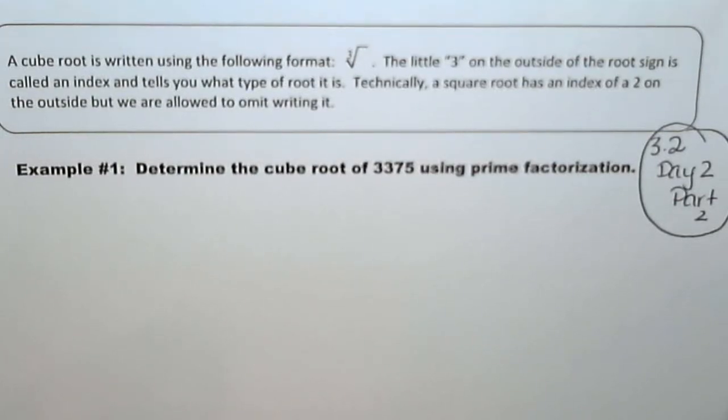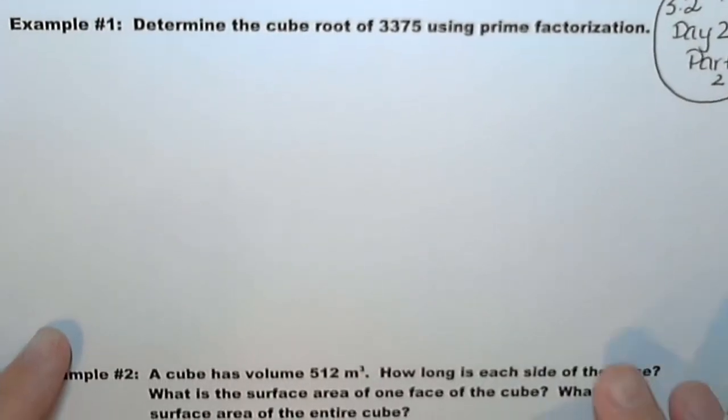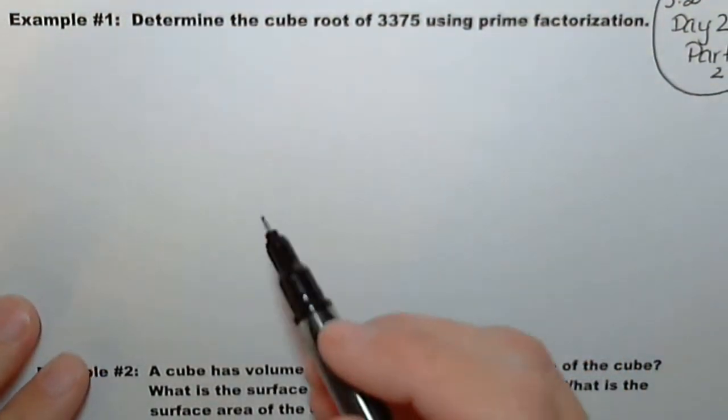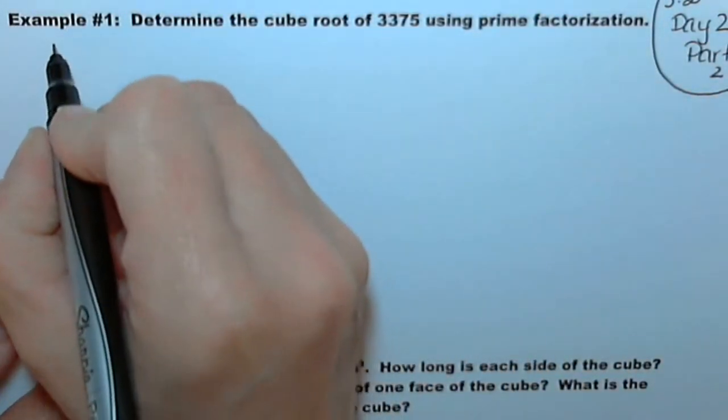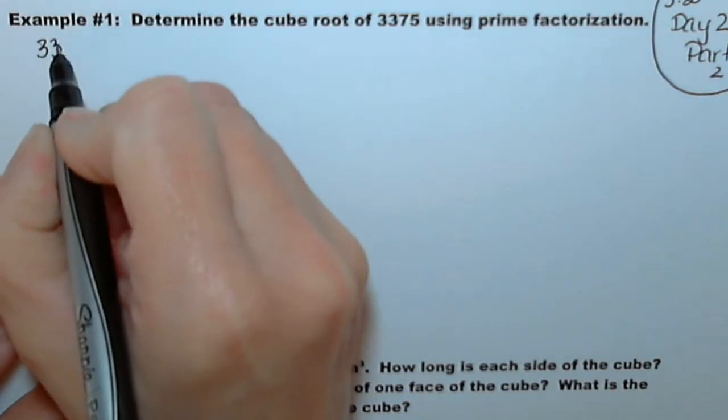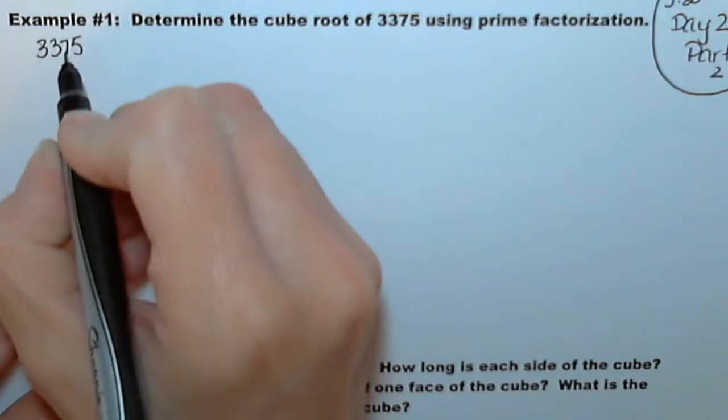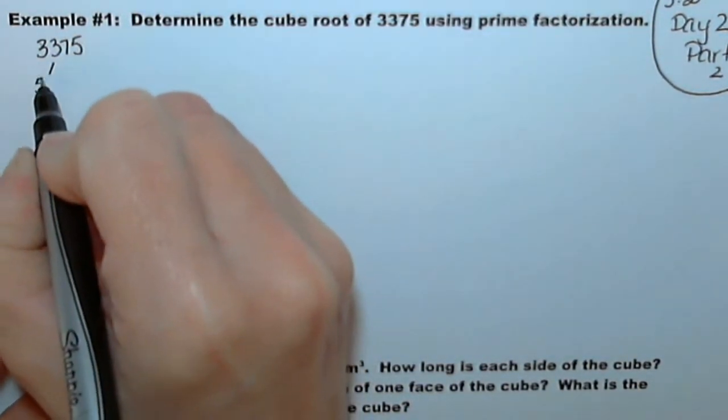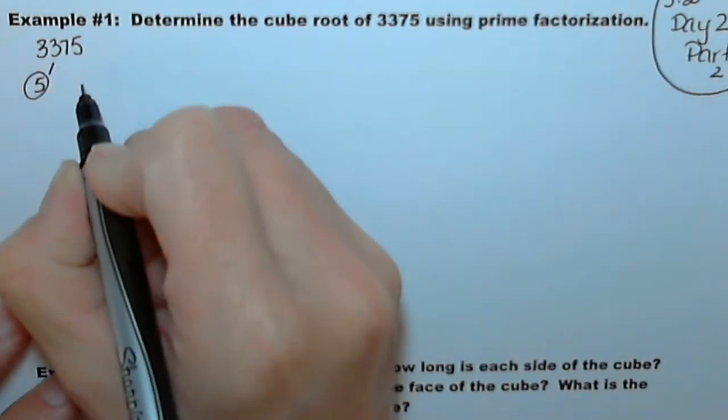This is section 3.2, day 2, part 2, and we're going to determine the cube root of 3375 using prime factorization. That means that we're going to start by doing our traditional or normal factor tree. So 3375, you'll notice it ends in a 5, so we're going to use a 5 as our first factor,